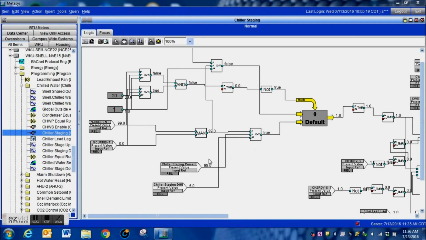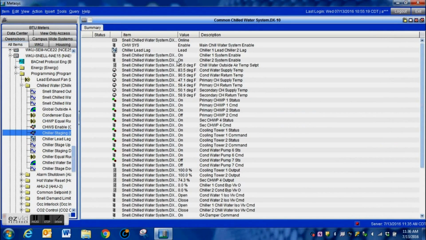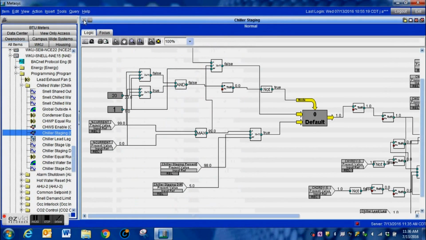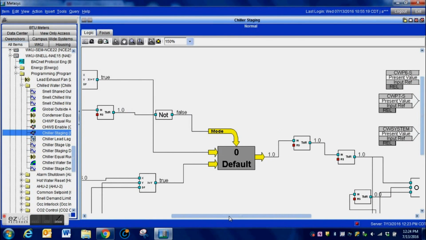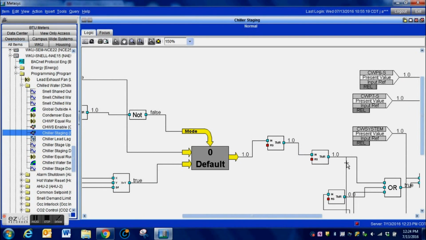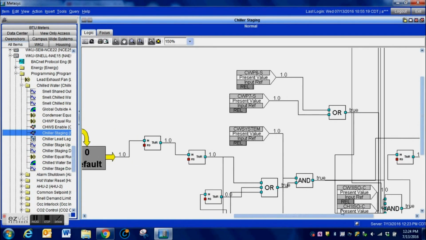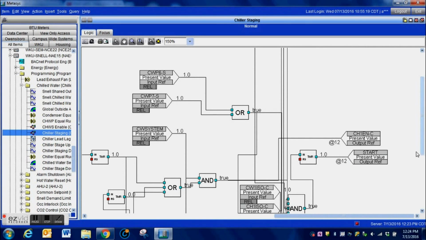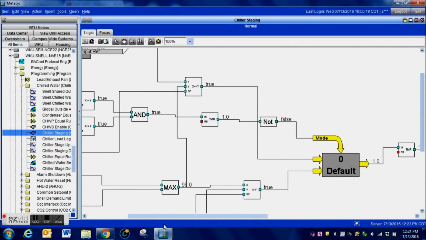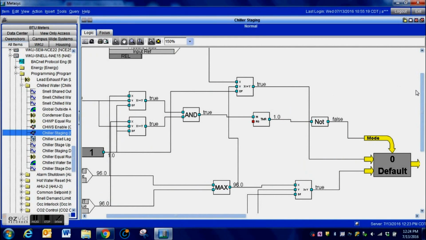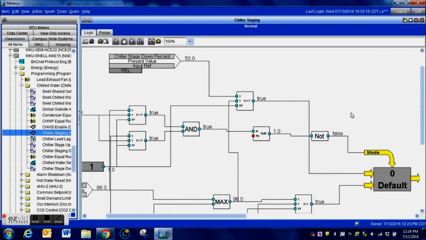You can see the output of the timer is true, that it has timed out. It is now on, and in a moment you will see current or a load on the second chiller. You can see there's our second system. It is now staged on. Here in just a moment you will be able to see a load on this second input, and then the switch will flip. And you can see here we're waiting that it has flipped, and now the system is running with both chiller outputs,